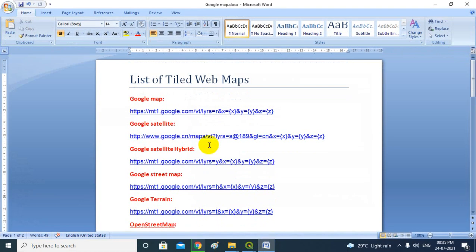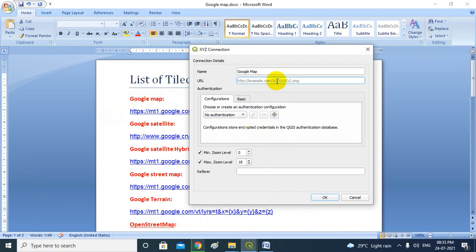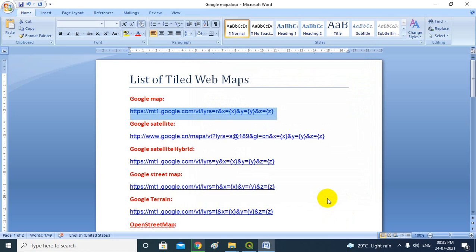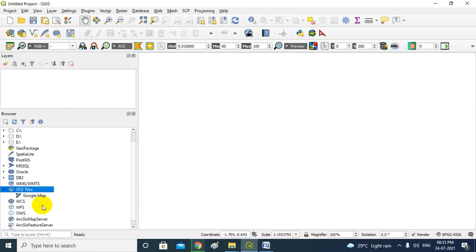So from this Microsoft Word document, I just copy the URL and paste it here. That's all, nothing else we have to provide. You have to provide a name, because based on this name later you will use this tiled map. So Google Map is there, then click OK. So one Google Map XYZ tile service you already prepared.